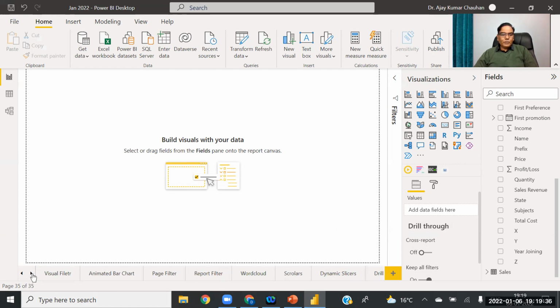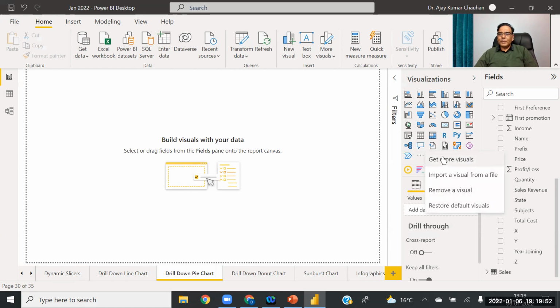First of all, let's go to the drill down pie chart. Because all these charts are advanced charts, we have to click on these three dots that you have seen. Click on the three dots, Get more visuals.